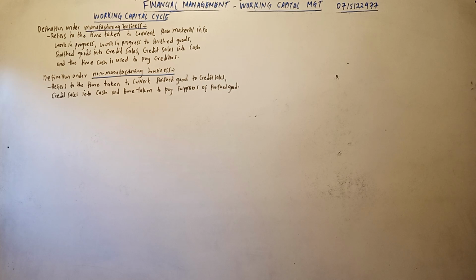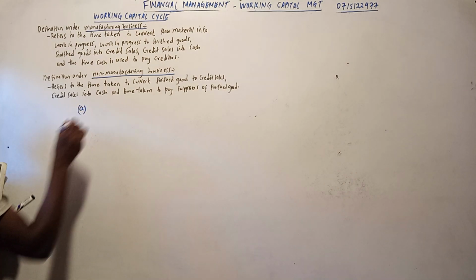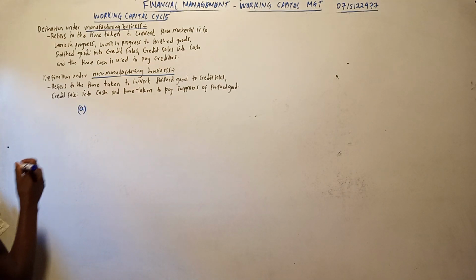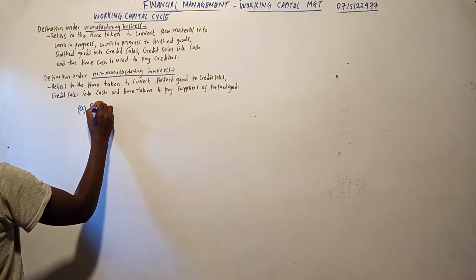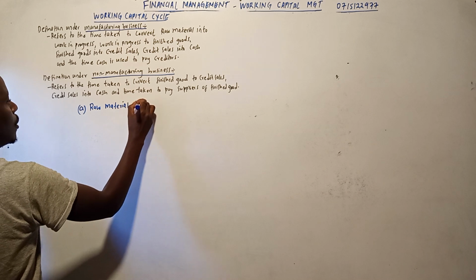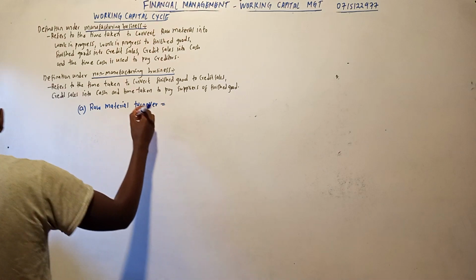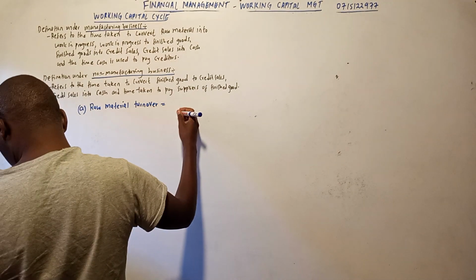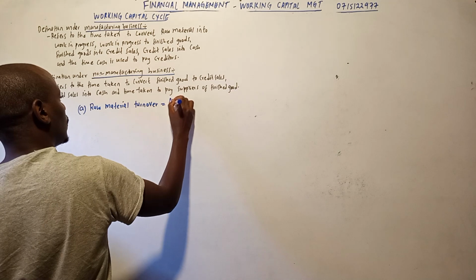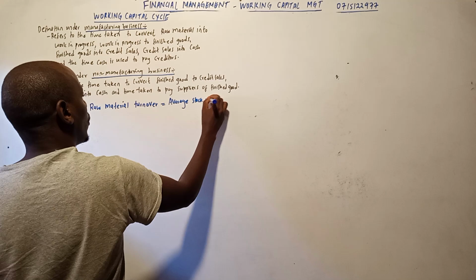Now, we need to come up with some formulas. We start with number one, A. I call it A purposely. We start with the raw material turnover. Raw material turnover is the average stock of raw material